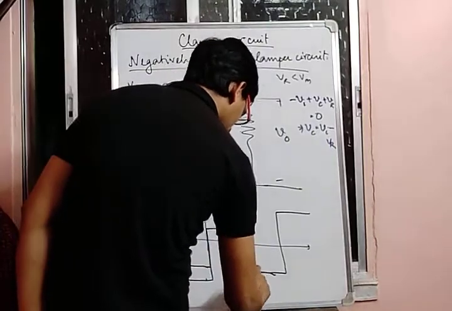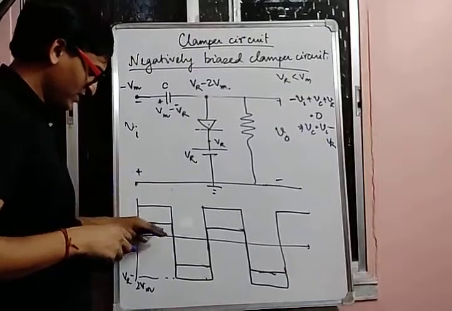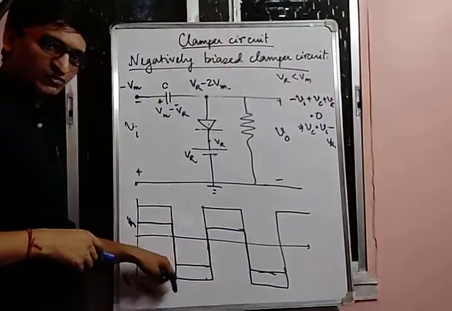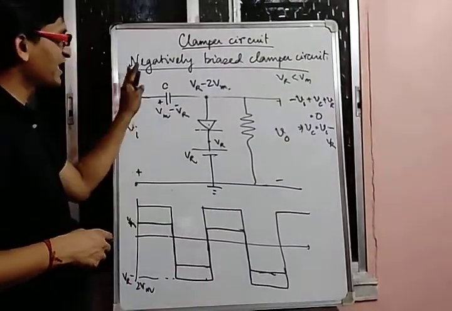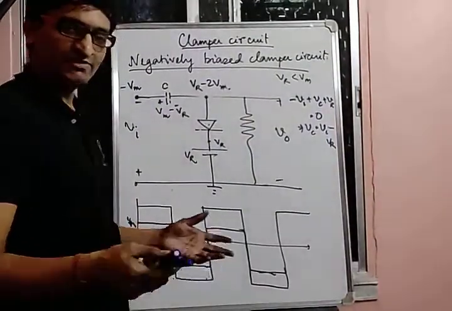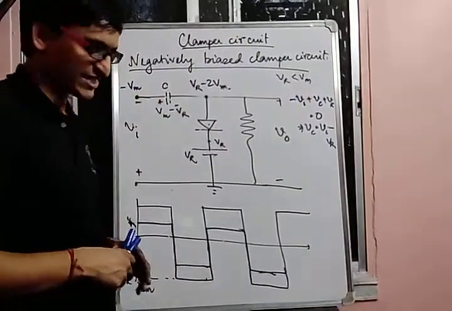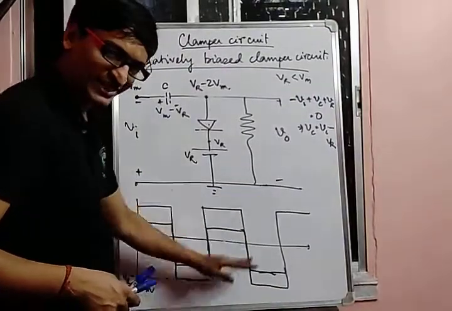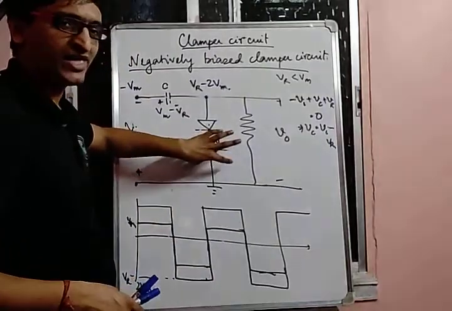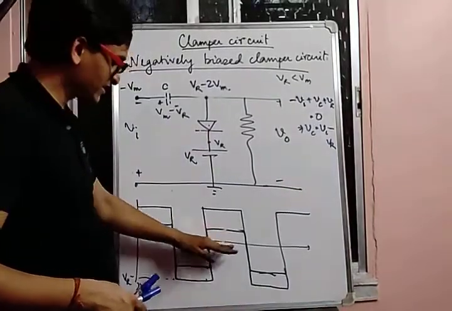And again during the negative half, you can easily see that after half a cycle, the waveform has basically shifted downwards. So this is basically a negatively biased clamper circuit. Obviously, it has not shifted completely downwards as we have seen in case of a negatively unbiased clamper circuit. There is some bias present here. So for that reason, it is called a negative biased clamper circuit. Obviously, if you want this output voltage to be entirely below the zero level, then the polarity of this voltage source has to be reversed. Then we can have this output voltage to be entirely below the zero level.